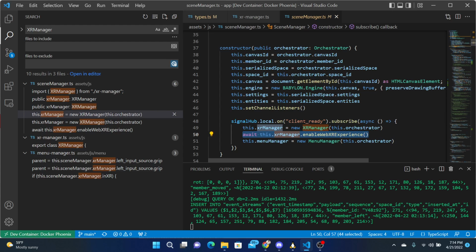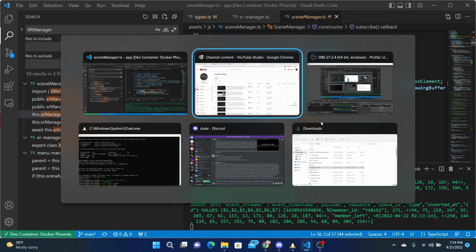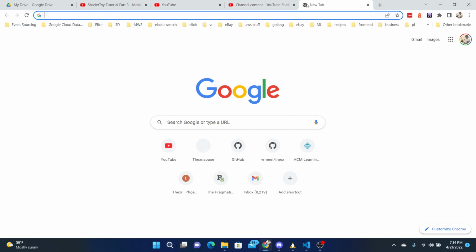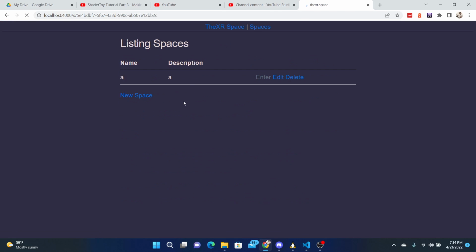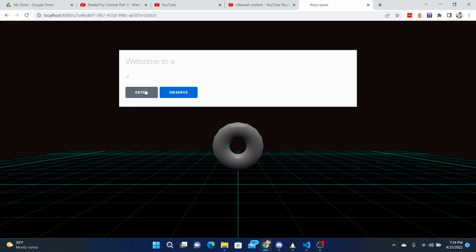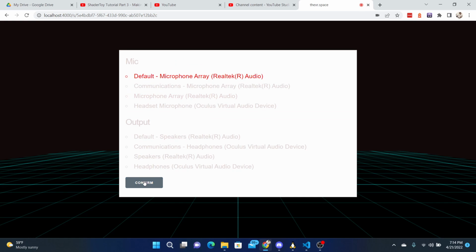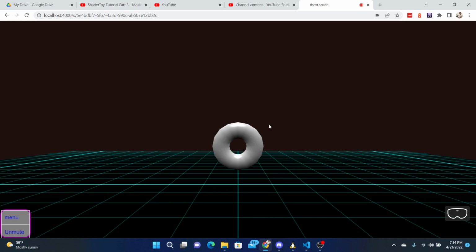This client ready signal is fired when you dismiss those modals. So when we saw these modals come up, when I dismiss the last one, that's what issues the client ready signal, and then that's what instantiates the XR manager and ultimately Babylon. We call a Babylon function which puts these classes here. Now when I enter the space,